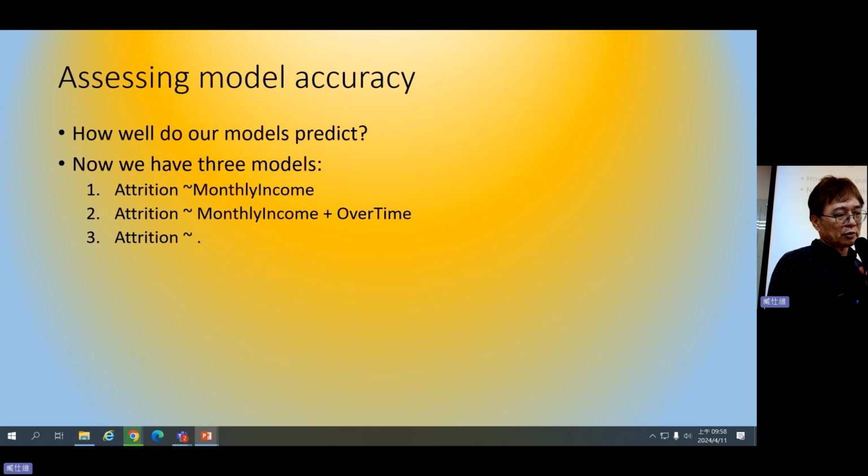The second model is monthly income and overtime: can they better explain the attrition? Model 3 will include all variables in our model: can this model 3 better explain the attrition? So we like to assess the model accuracy.